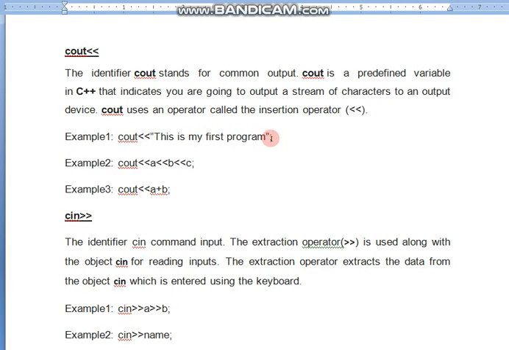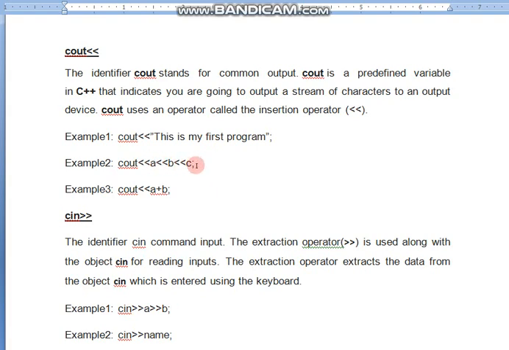Then in example 2, cout a, b and c, three variables have been used, and in between I use three insertion operators. These insertion operators are taking care of printing the values of a, b, c.